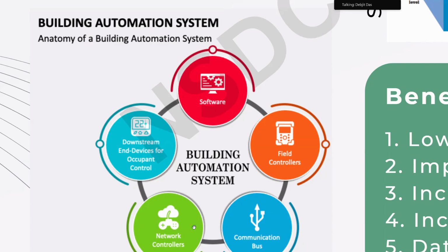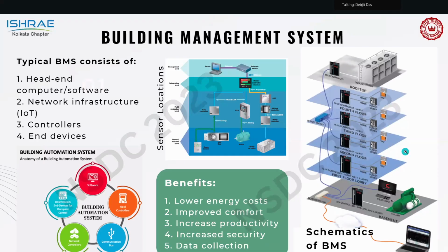That means you are feeding them to somewhere that is up here in the software. And then the downstream or end device, that is the output side of it. So you are having a sensory input, you are calculating the thing in, then you are having in the downstream side, you are having the output. The software is again giving the input to the field controllers, so that you are having an automated, best to comfort